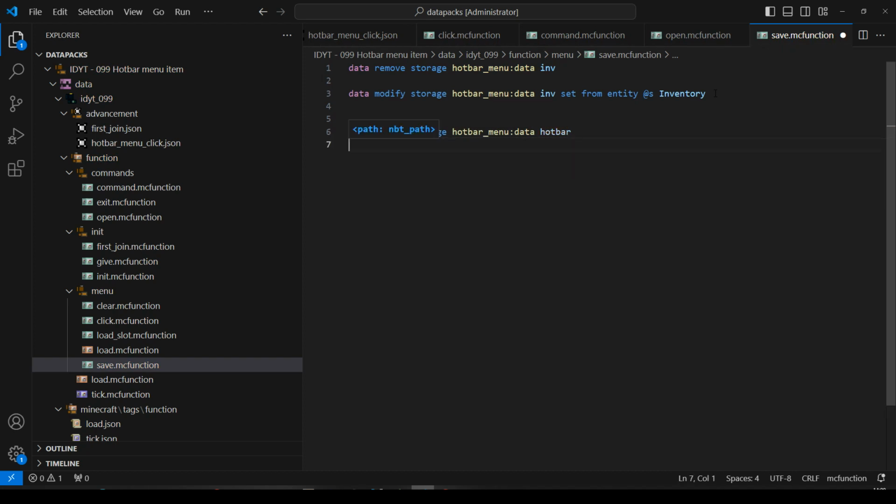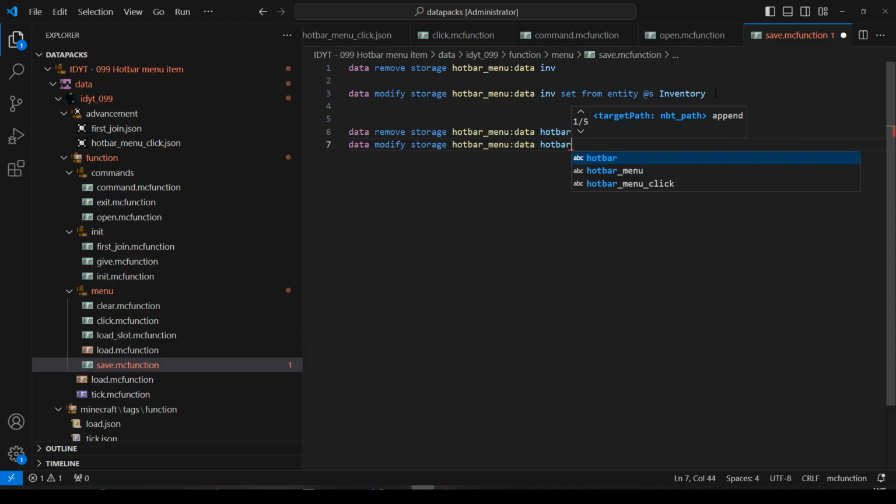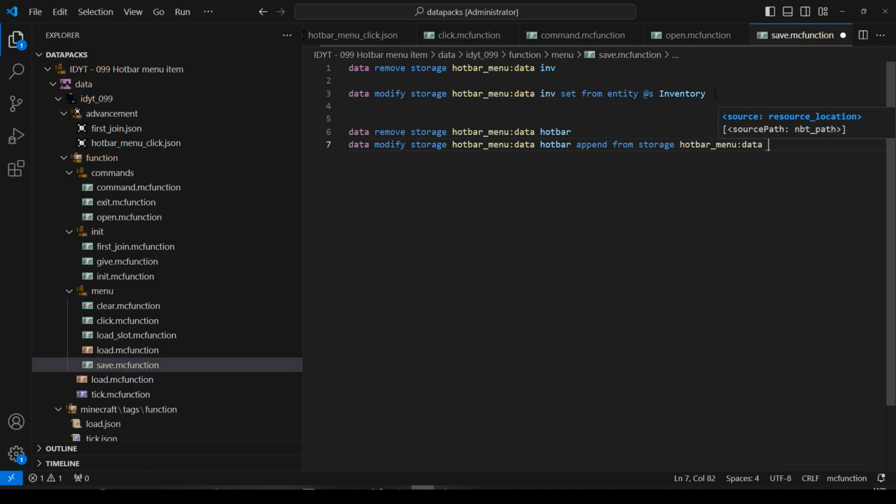So we've cleared somewhere else, and then we're going to copy only the hotbar items. So data modify storage hotbar menu data hotbar append from storage hotbar menu data inventory